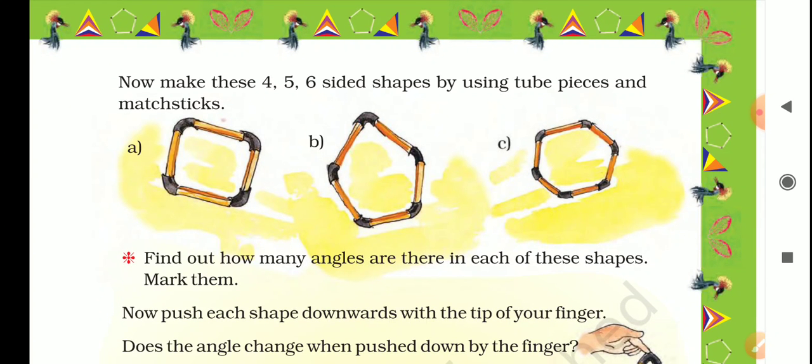Now here, make these 4, 5, 6 sided shapes by using tube pieces and matchsticks. Now here what is given? 4, 5 and 6 sided shapes. Now if you remember, we have studied about number of sides and names of polygons. If you have revised this topic carefully, you may remember about these topics that we have discussed,